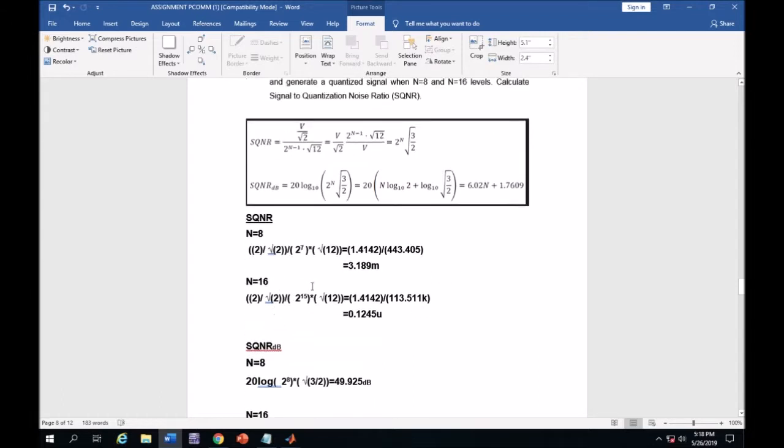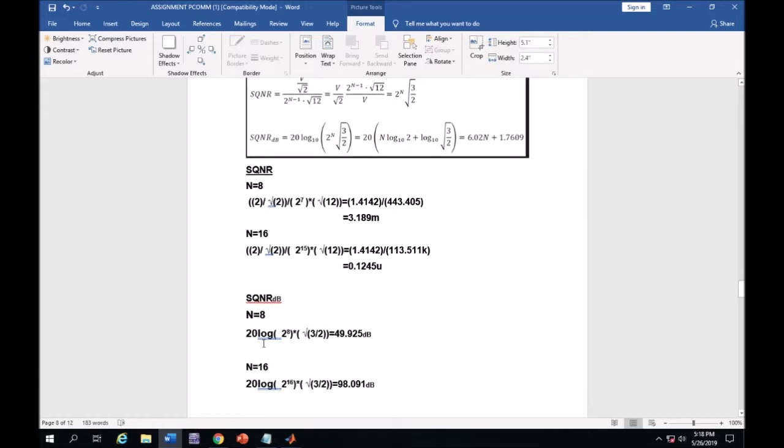And I just substitute, the answer is 20 log 2^8, n is already given 8, multiply by √3 over 2, and I get the answer 49.925 dB. And for n equal 16